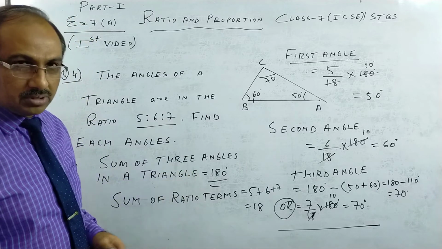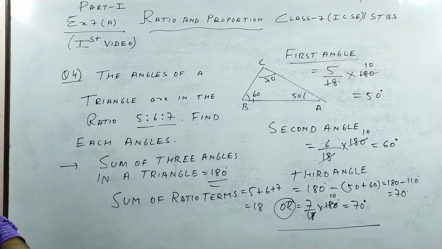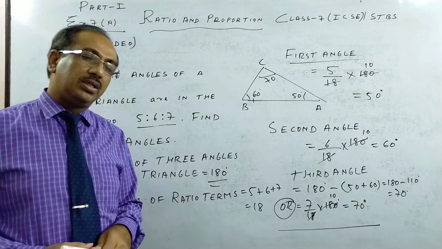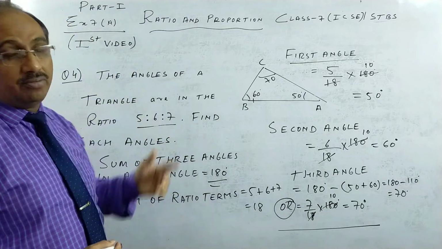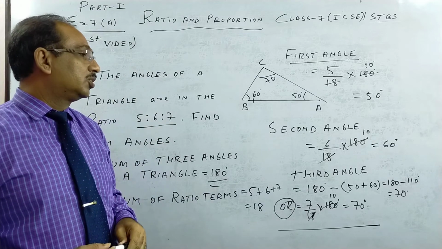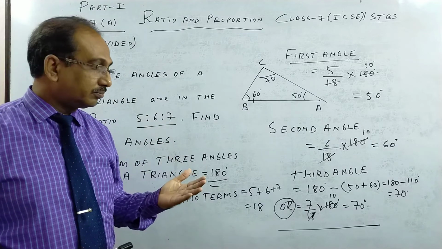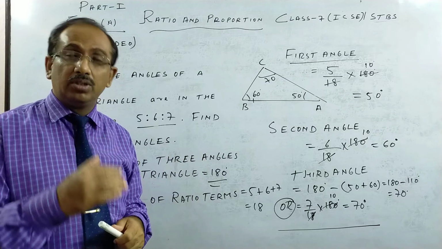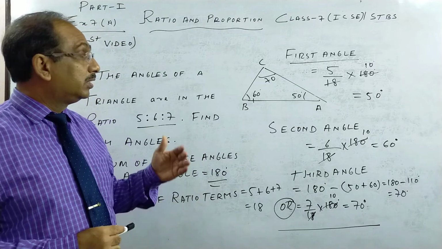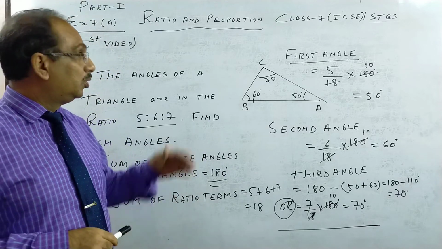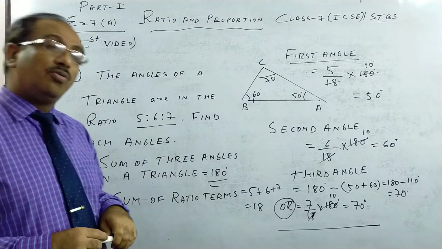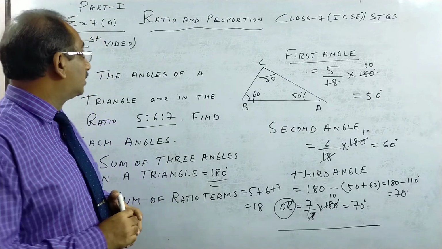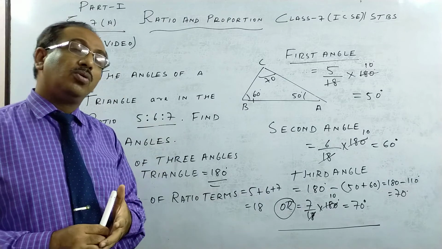So kindly pause the video, children, and copy. This was the introductory lesson on ratio. At least I think in this particular exercise I will have two more video lessons. So please kindly go through the concept given in your book. Then see the solved example, do what I have done. At least try to do all the questions up to 4. In the next video session, part 2, we will go to 5 and beyond.